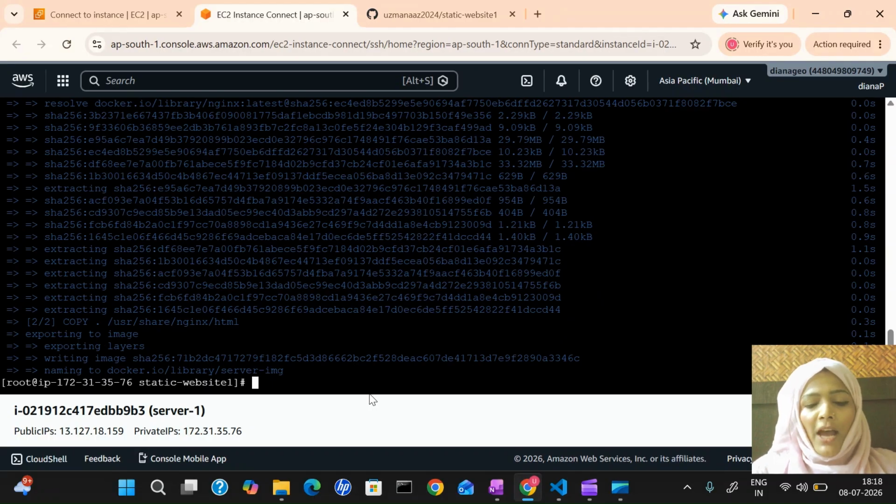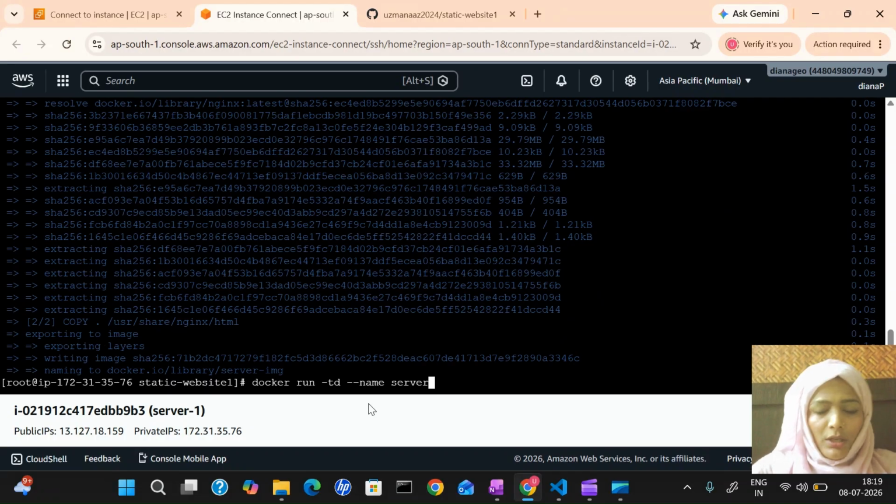The next step, I have to build the container from this image. So docker run -td --name, the name of the container is server, any name we can give. And I'm going to link the 9090 port with the 80.